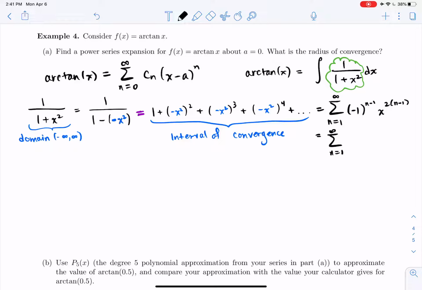So it's geometric with, what do I want to say? How do I want to write this? Sorry. 2n minus 2. Oh. Yeah, okay. So